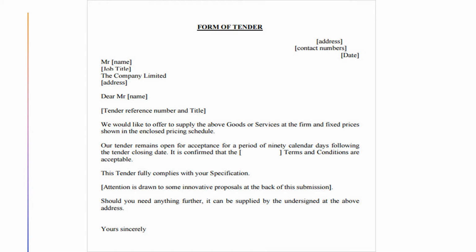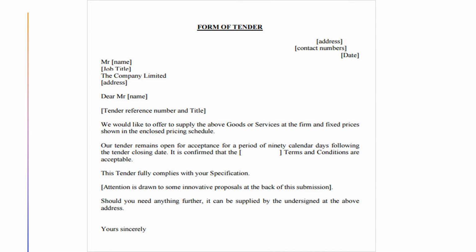I'll read the content to you. We would like to offer to supply the above goods or services at the firm and fixed prices shown in the enclosed pricing schedule. Our tender remains open for acceptance for a period of 90 calendar days following the tender closing date. It is confirmed that